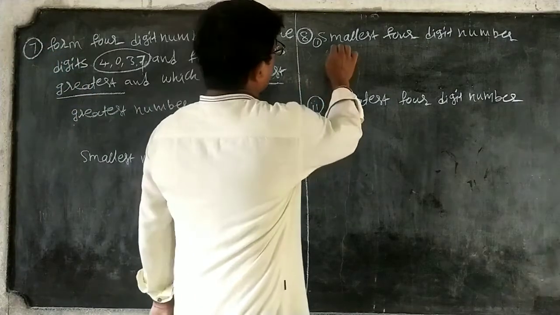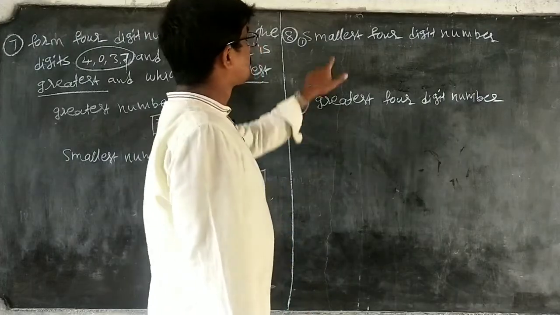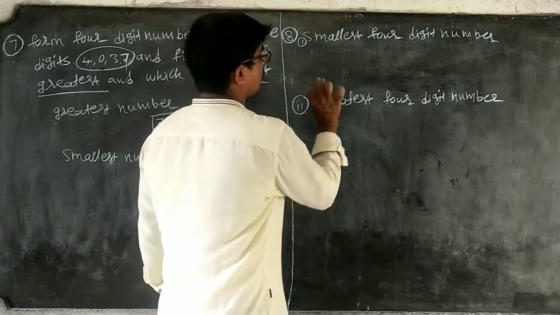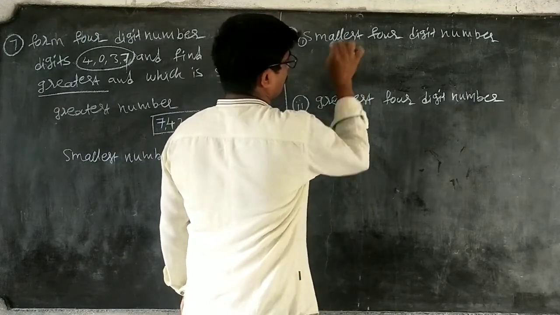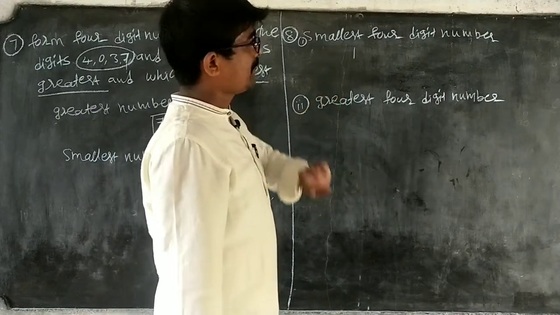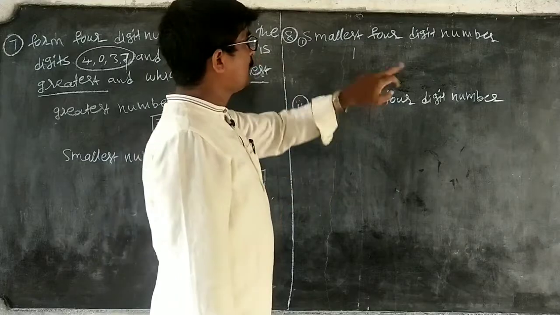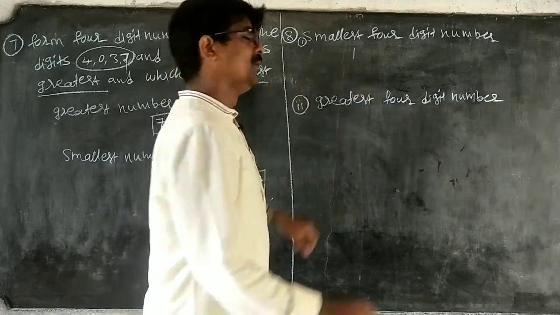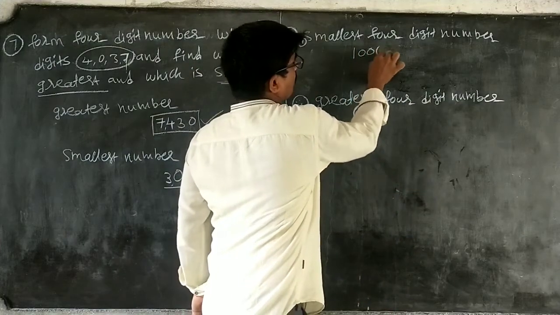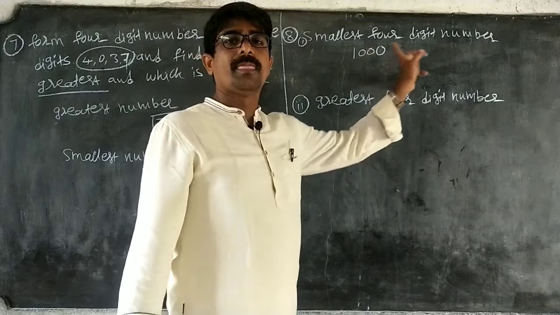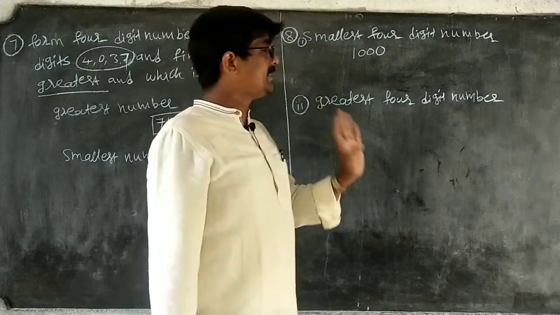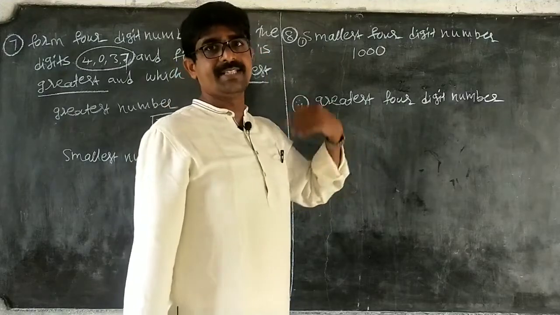Next, again you have to write the smallest 4-digit number. Smallest means simply you have to write 1 first. First write 1. He is asking for 4 digits. In these 4 digits, 1 is over, and the remaining you have is 3 zeros. That is 1000. So whatever number he asks, if it is that many digits, smallest 4-digit or 5-digit or 6-digit.